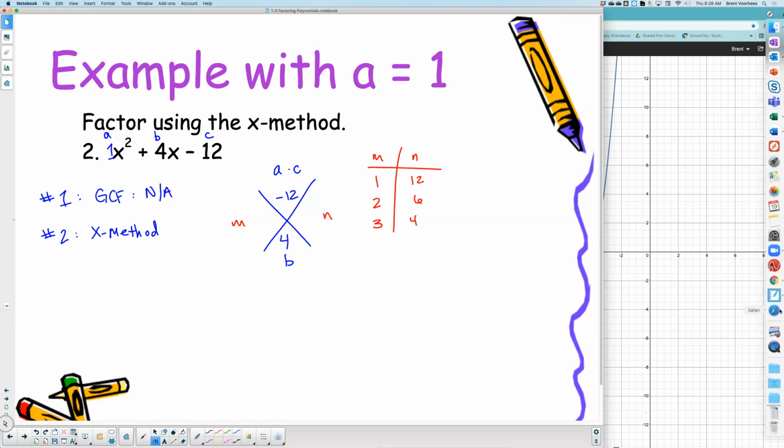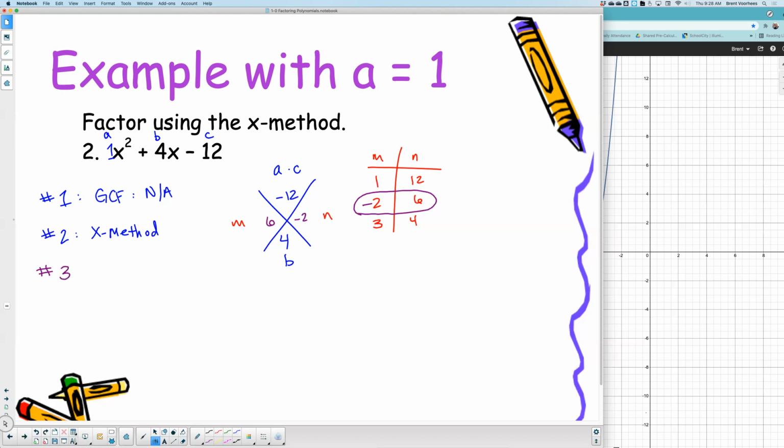Okay, I'm hearing 6 and 2, but I also heard you include a negative. So 6 and 2 is going to be our combination that gets us 4. How do I make it a 4? 6 minus 2. Okay, so I'm going to write it out in order over here. 6 minus 2 would be 4. 6 times -2 would be -12. We got our numbers. Step 3. Split. And again, I'm writing it out shorthand, but it would be the A term's power. If you remember, the A itself is 1. I'm not splitting 1. I'm splitting